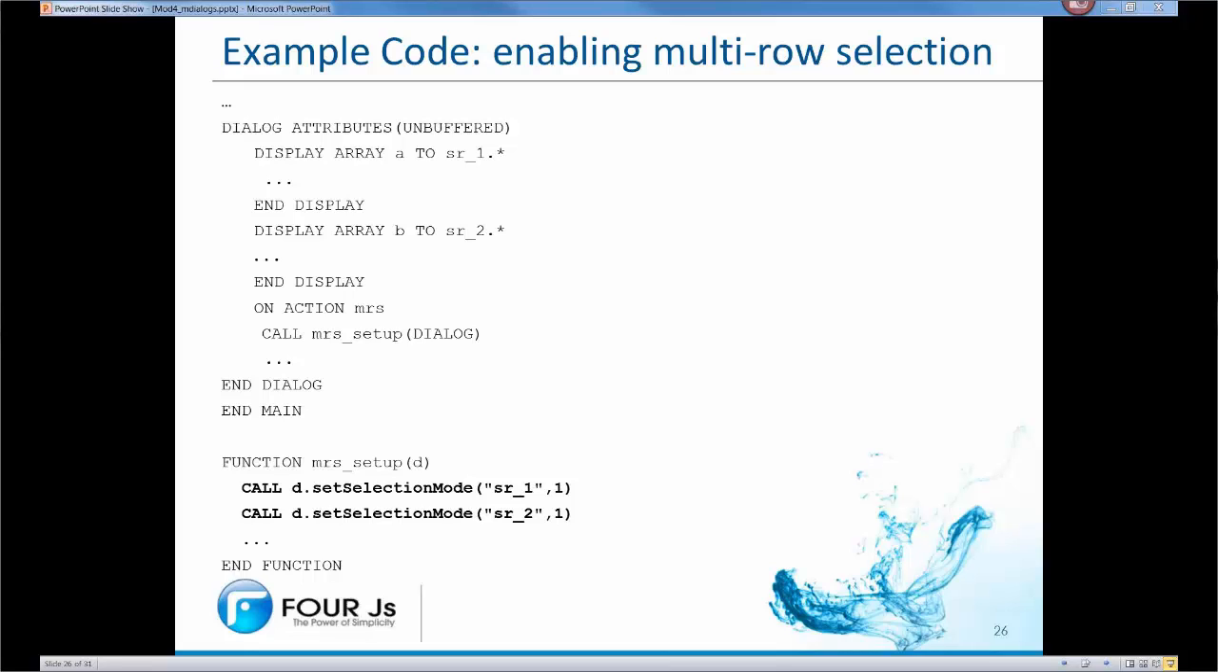One of the things I like to do is I like to have my setup function. So if I'm going to set up multiple row select, and whenever you see MRS, that's our shorthand for multiple row select, I like to have it all in a function that does the setup. So when I do this on action MRS, that's where I trigger an action saying I want multiple row select. I have it call my setup routine, and I pass it my dialog handle,